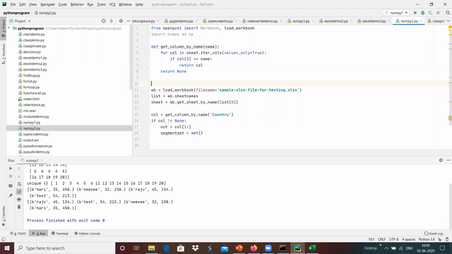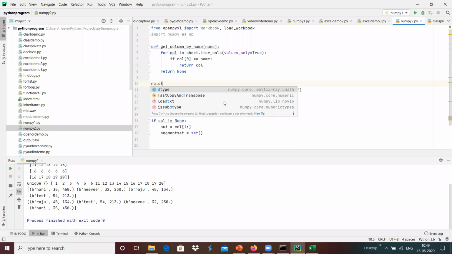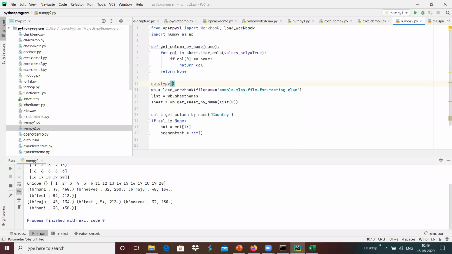I'm going to create np dot dtype equals a string for country, which is a data type of S10 over here.